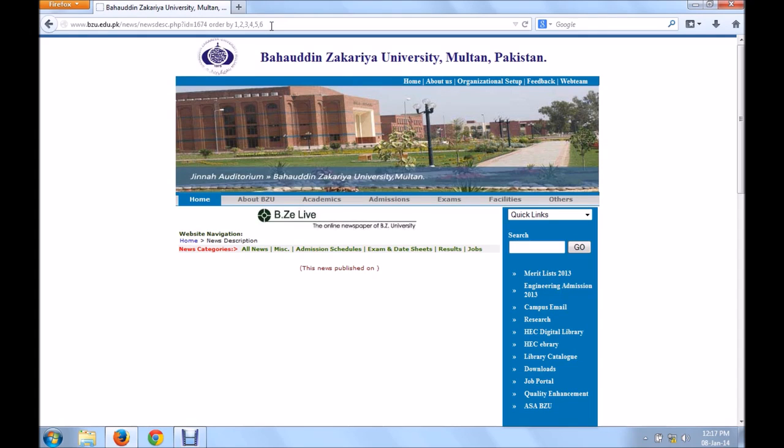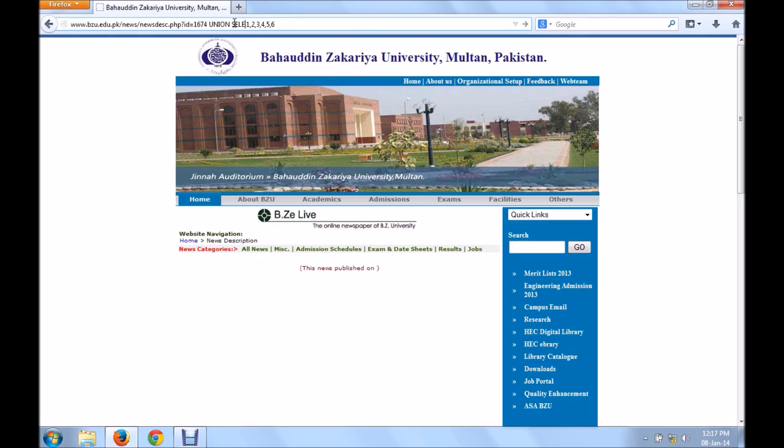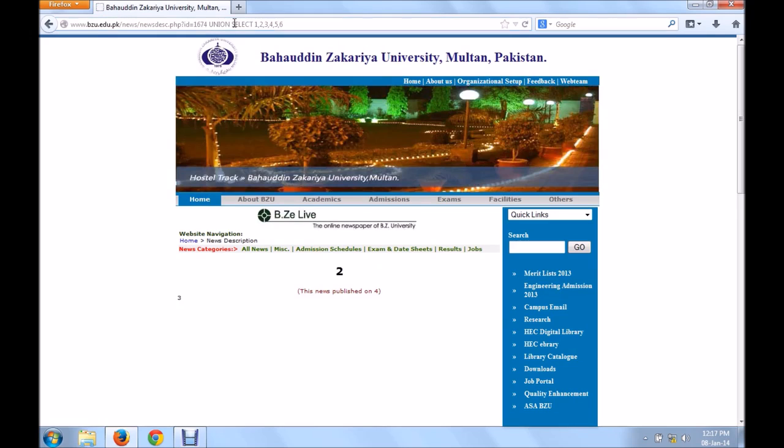So right now we'll apply some extra queries so that we can see which outputs we are retrieving through the URL itself. The very first would be union select, so that it will tell me from which column those records are coming. See, the record which was present over here is coming from column number 2. From here it's 4 and from here it's 3.